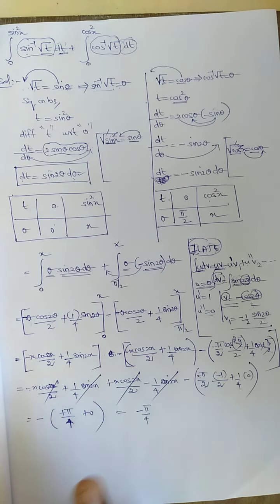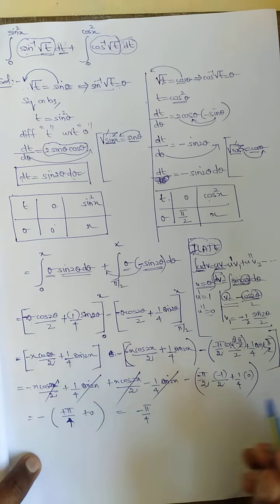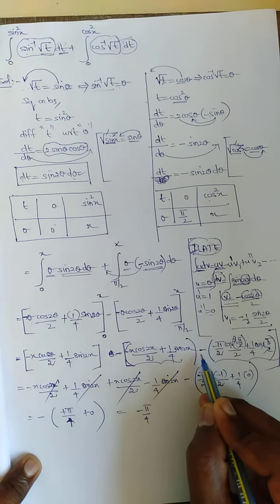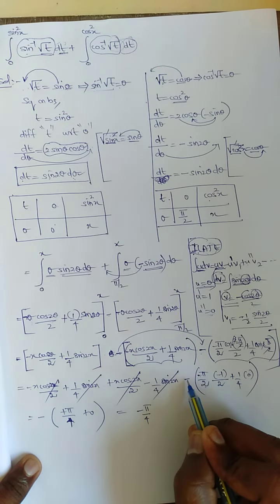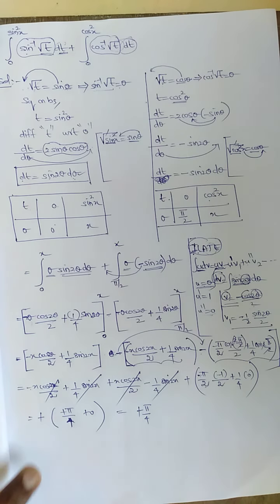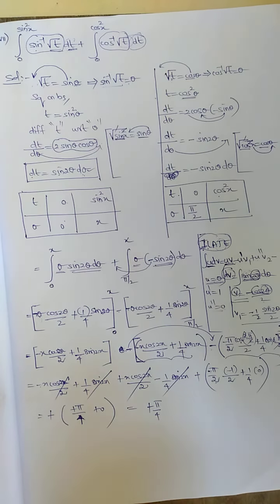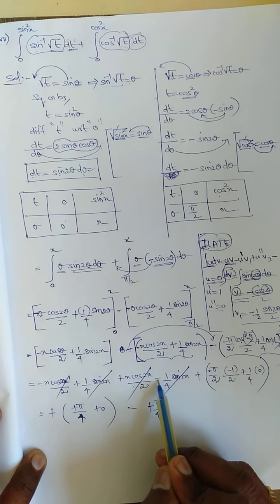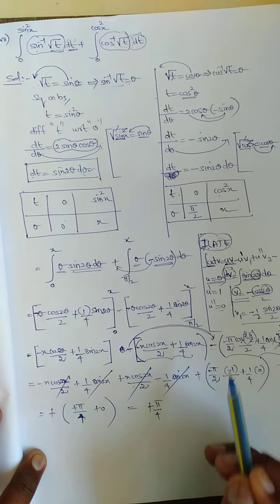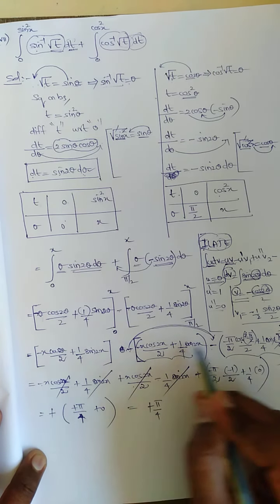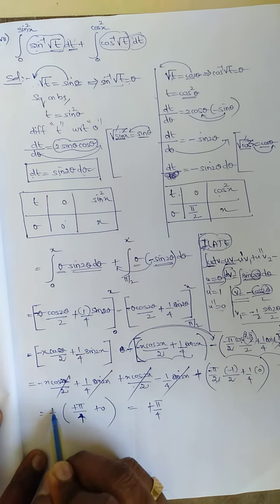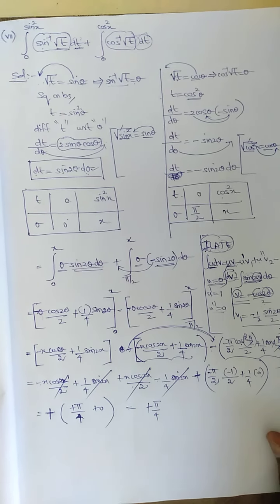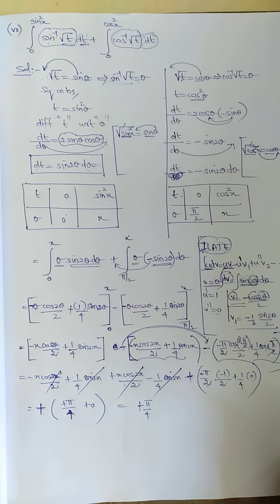If I going to check, no answer will going to get minus, but I got minus. What mistake I have done? If you going to see here, this minus is common for this one and this one also. If I am going to get this minus into minus will become plus and plus. So answer is pi by 4. Because I did minus for this minus into minus, I become plus. Minus into plus, minus. But I did not multiply this minus. Without multiplying, I put minus. No. Now this minus into minus will become plus. So this will become plus. Minus into minus plus, pi 2 2s are 4. This is the correct answer for this sum. One of the biggest sums. Very difficult sum also. So take this sum.